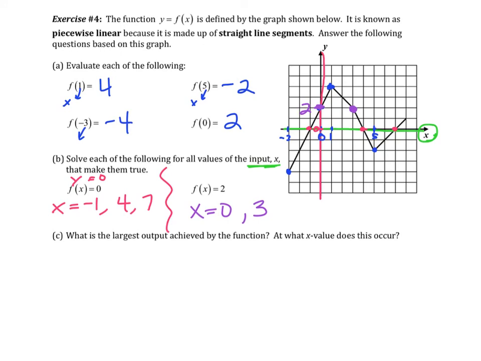Okay, the last question says, what is the largest output achieved by the function, and at what x value does this occur? What is the largest output? So output, remember, are your y values. And the largest, another word for that is the maximum. So what is the maximum y value? So if I just look at my graph, I can see that my maximum, my highest y value occurs right here. Okay? And what is that? So the maximum y is equal to 4. So it occurs at y equals 4. At what x value does this occur? So go down and read the x value at that point, and I would say at x equals